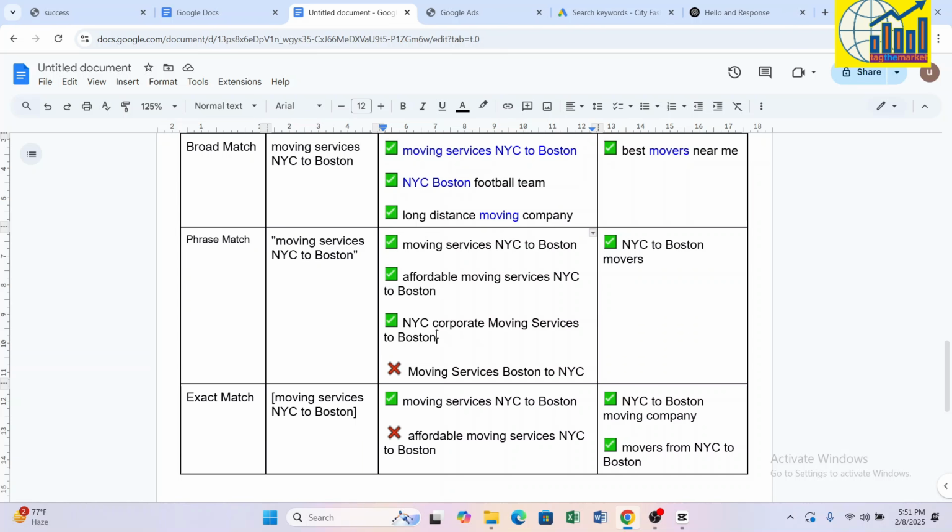So all the words are there and there is also an additional word. But if you observe, the words are in a different order, and this will trigger the ad. So the rule of thumb: all the words have to be in the search, and it may be in a different order. But if you notice this example, moving services Boston to New York, but in the keyword it was